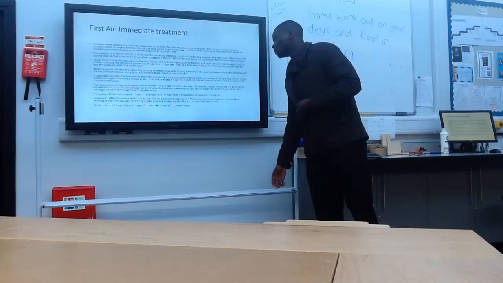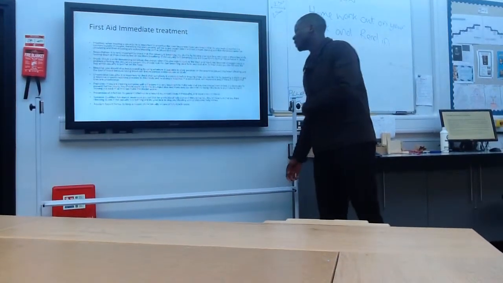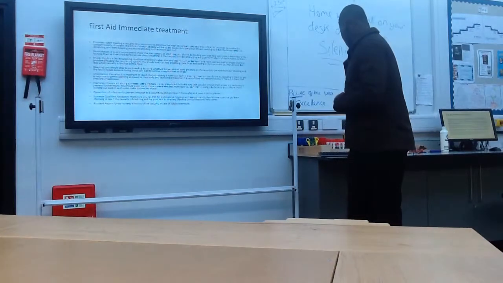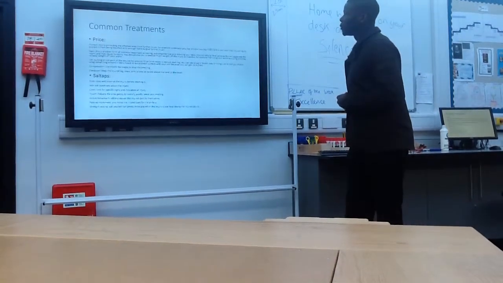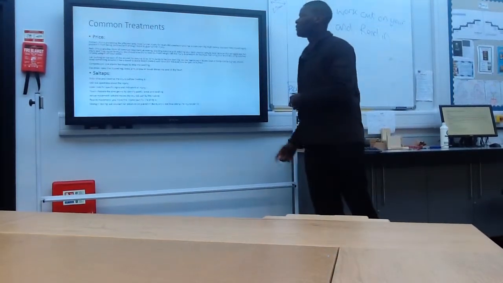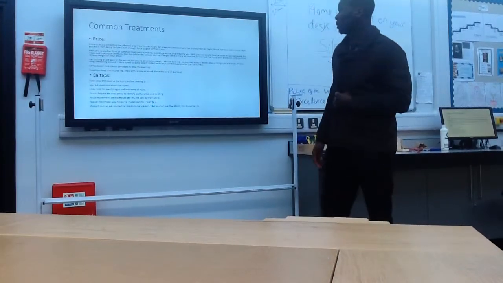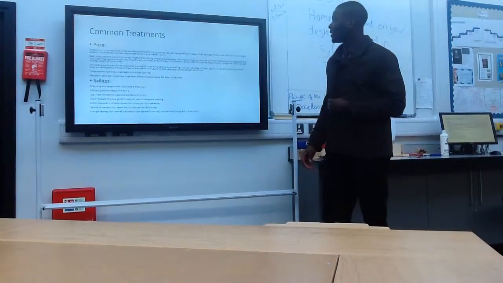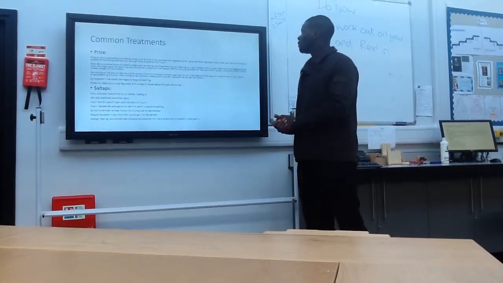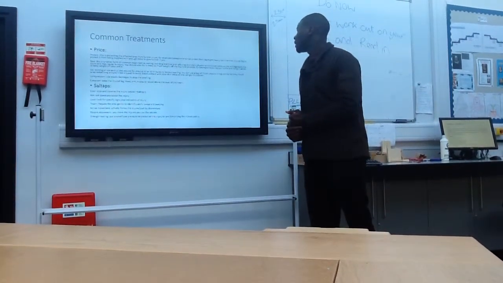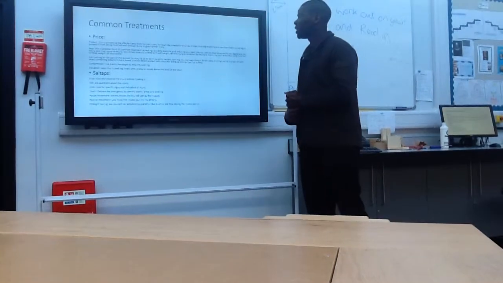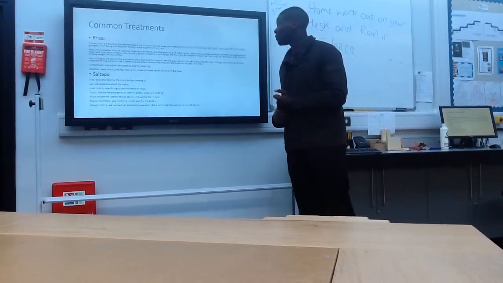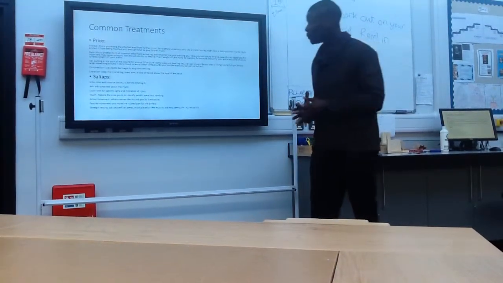Accident report forms are used to keep a history of the casualty in case of future reference. Common treatments. There's a acronym, PRICE: protect, rest, ice, compression and elevation. Protection. This is protecting the affected area from further injury. For example, somebody who has broken their leg might have a cast over their injured leg to protect it from being touched with enough force to give it further injury.